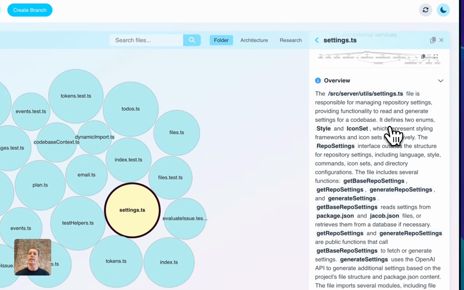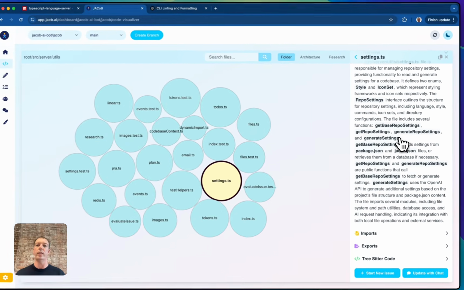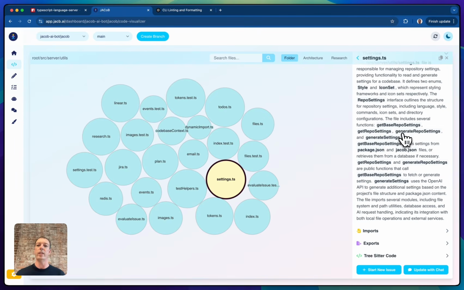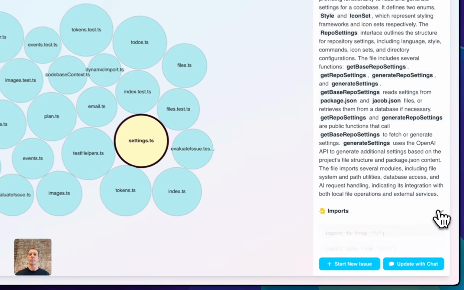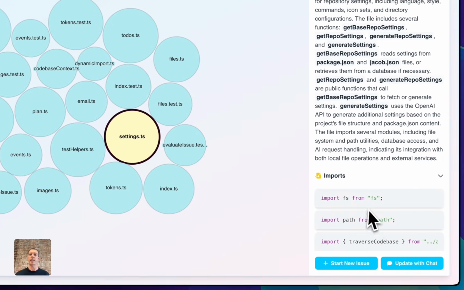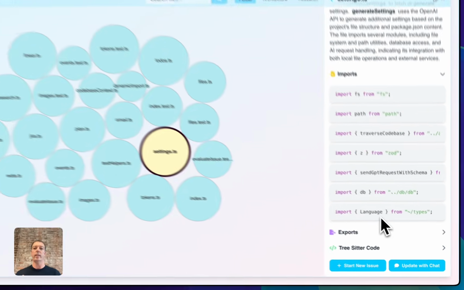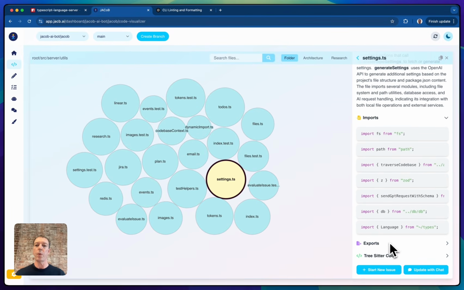We have a much more detailed look at this. So if you wanted to dig deeper and find out more information about this, we can do that. We have all of this information about where this file is being exported, what files it is importing, and the reason to do that is that if it's importing some files, you can basically pull all these together so that the LLM has the full context of everything, including all the